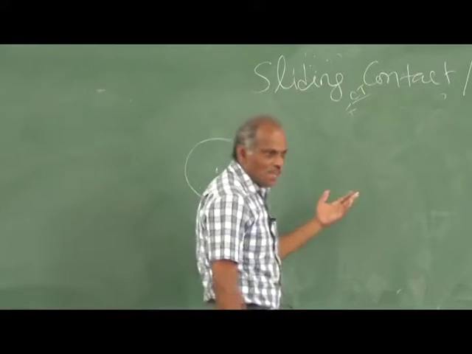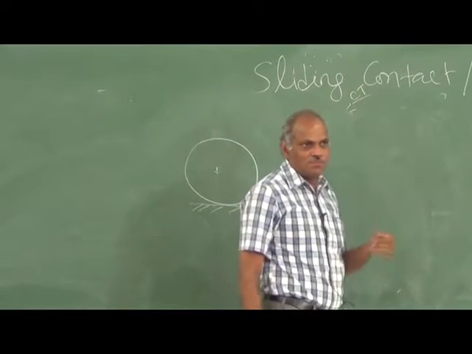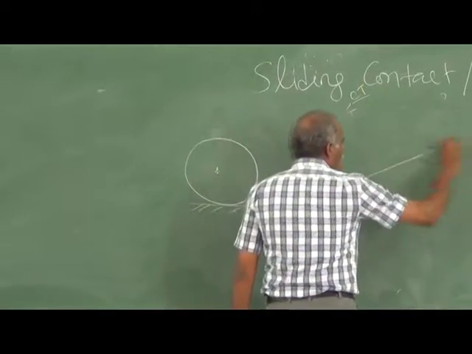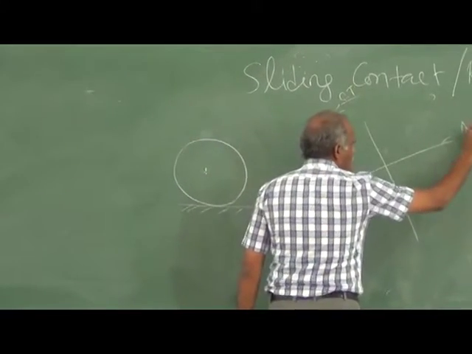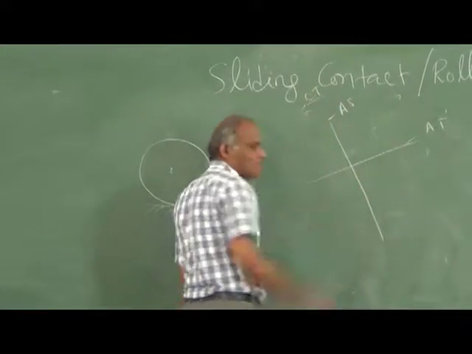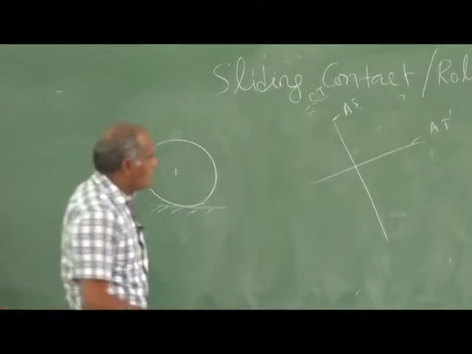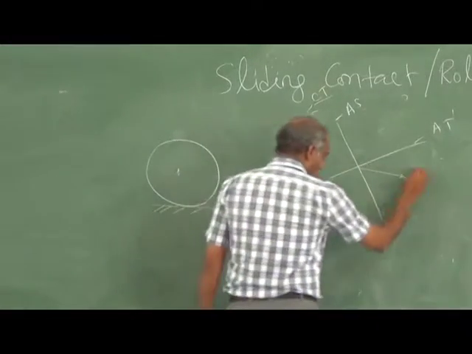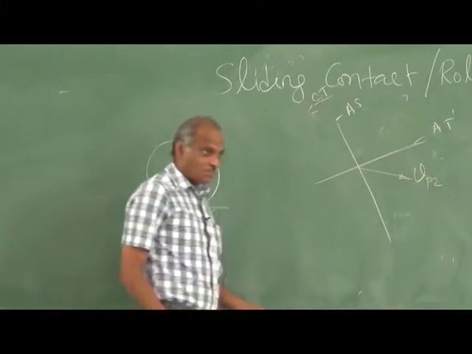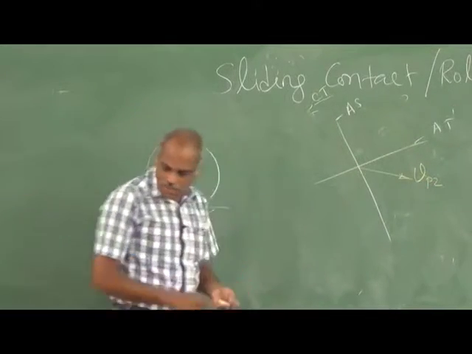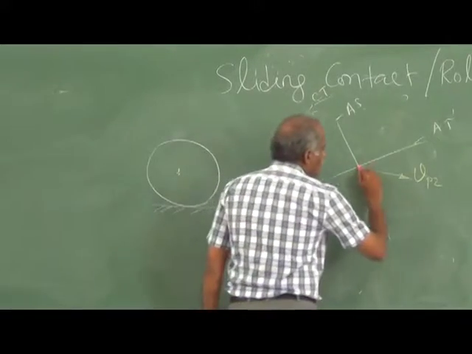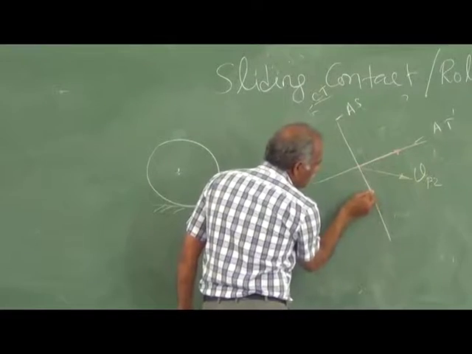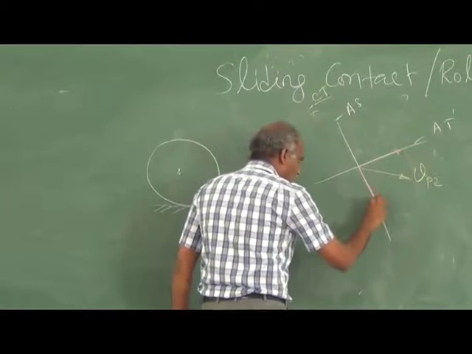And the answer to that is, if relative motion needs to be zero, then you have two axes. This is the axis of transmission, this is the axis of slip. Say one of the driving elements will have a velocity like this, say the velocity of P2. And this has two components. One is along the axis of transmission and another is along the axis of slip. Right? That's what we have seen.